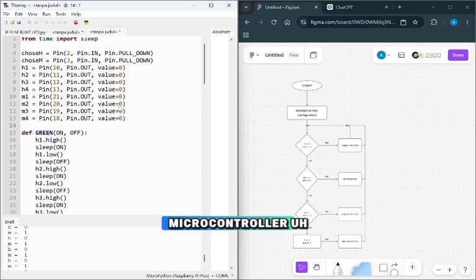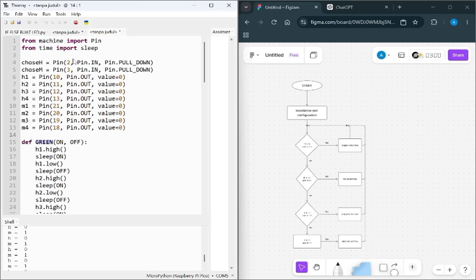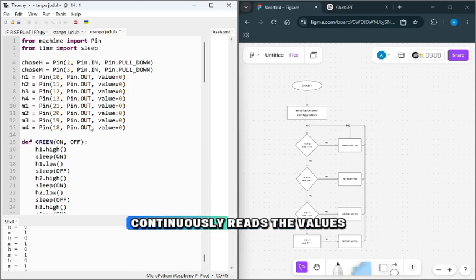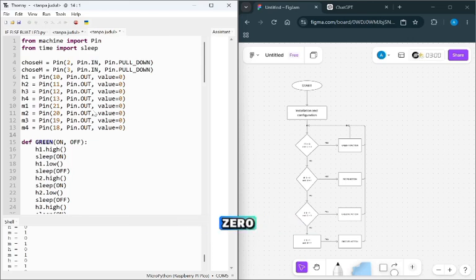The microcontroller initializes all input and output pins. Next, the program enters an infinite loop where it continuously reads the values of the two input switches, I1 and I0.